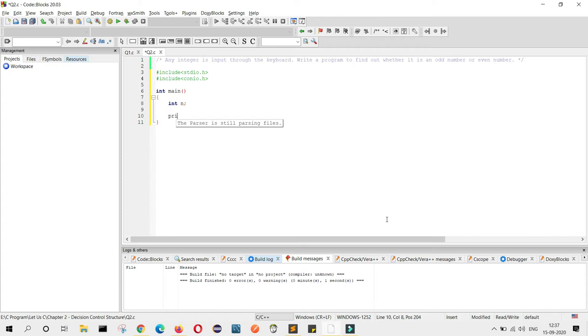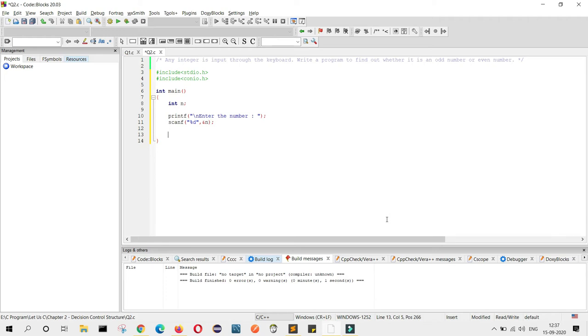So we'll write printf, enter the number, scanf %d because I have taken int, and &n.